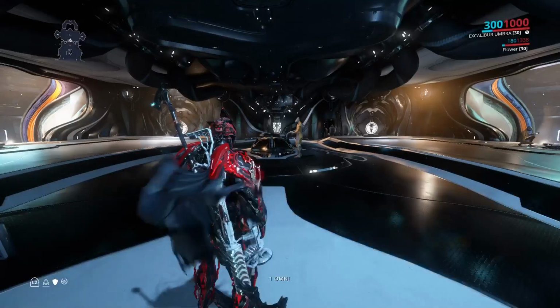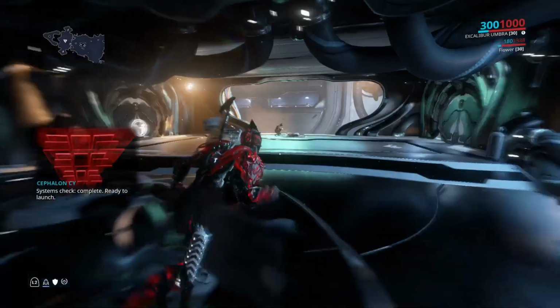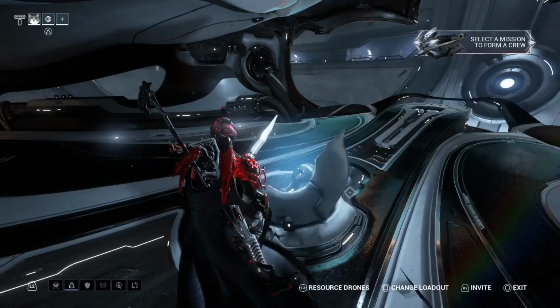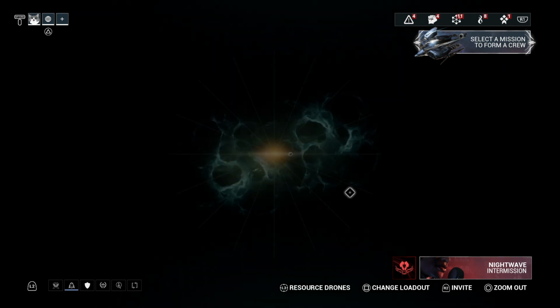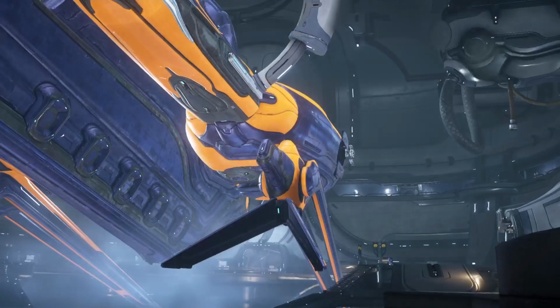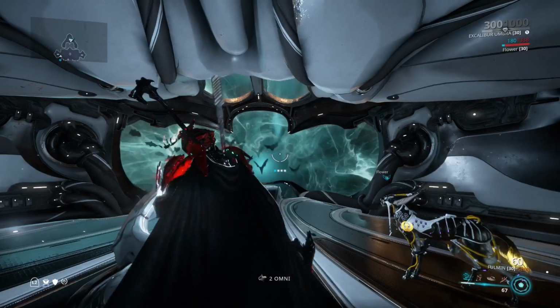So, all you have to do for this bug, Systems check complete. Ready. Get over to navigation and go over to free flight. Make sure it's free flight, else it won't let you leave. And if it's free flight,